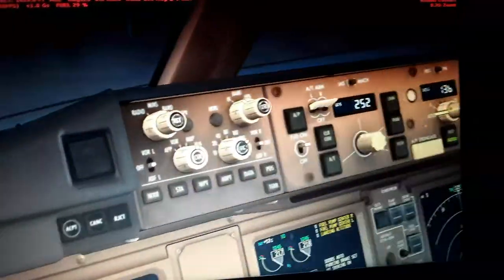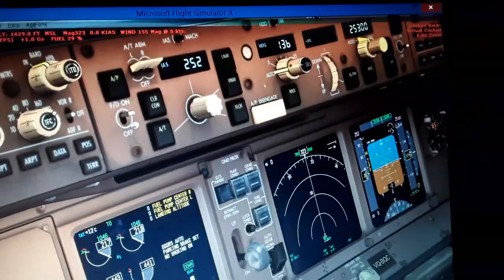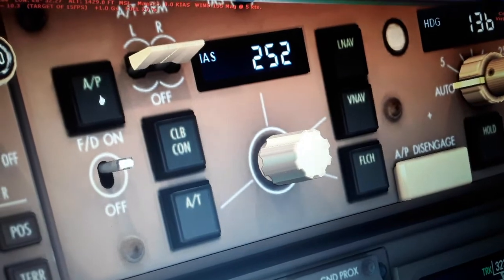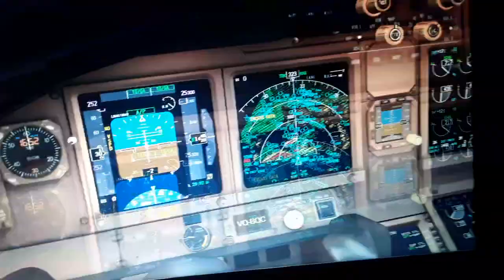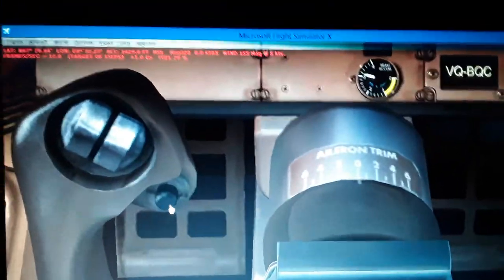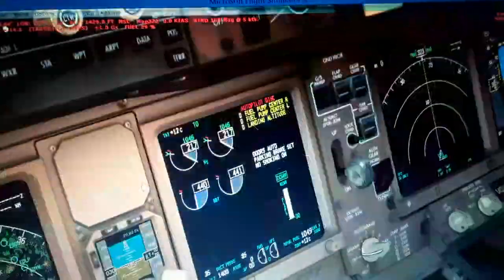So we have a couple more things like the autopilot engage and disengage. We have the flight director here, on and off this switch, you can see. Also the autopilot now is engaged. So you see the autopilot flight director. Here is the autopilot command. You can use here's the control wheel, so you can use this switch here to disengage the autopilot. You see the autopilot disengage here, autopilot disconnect,